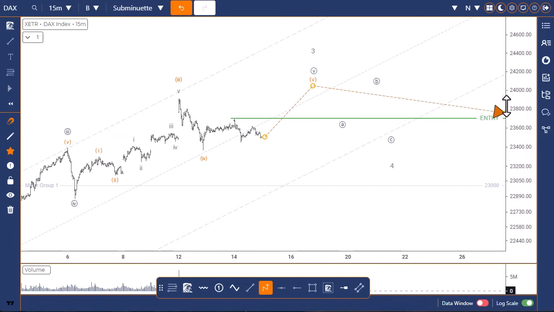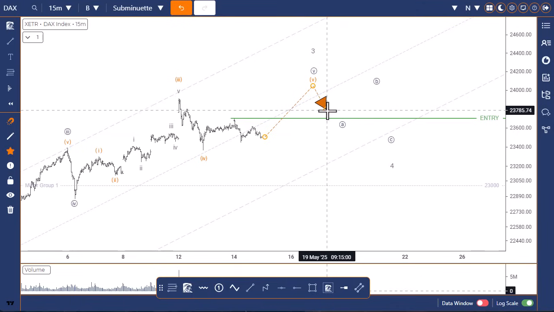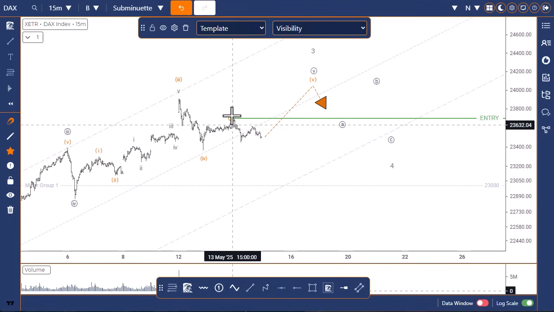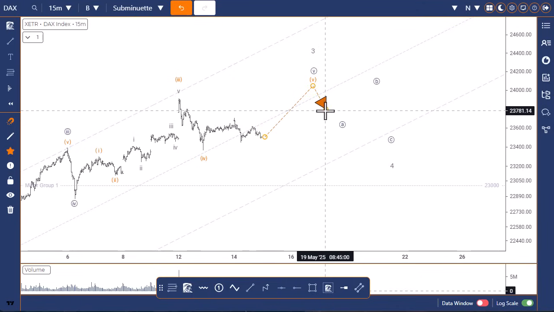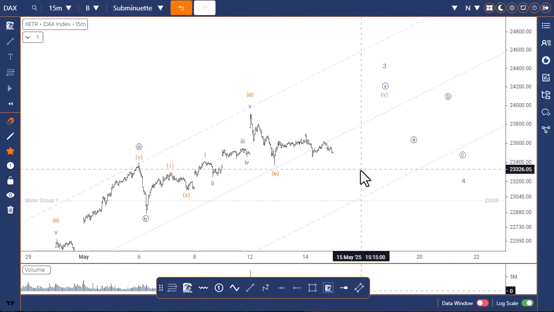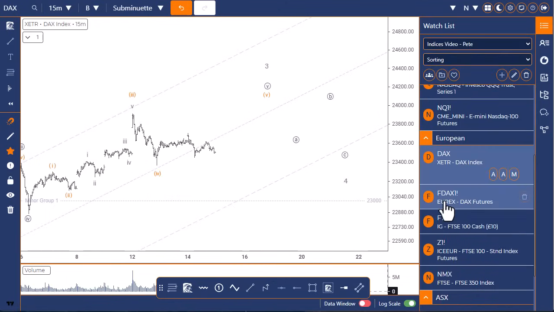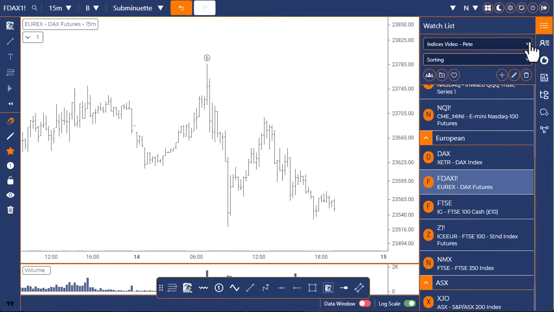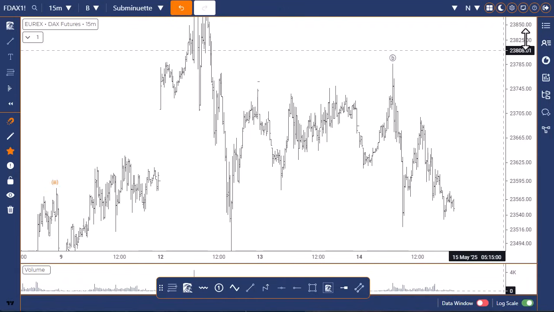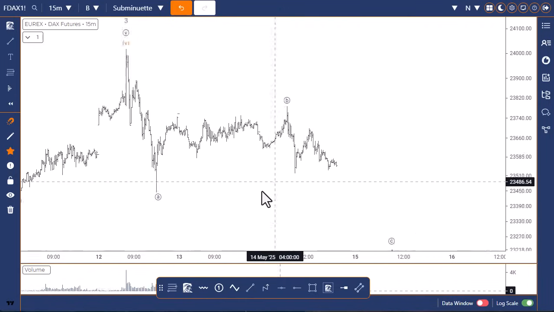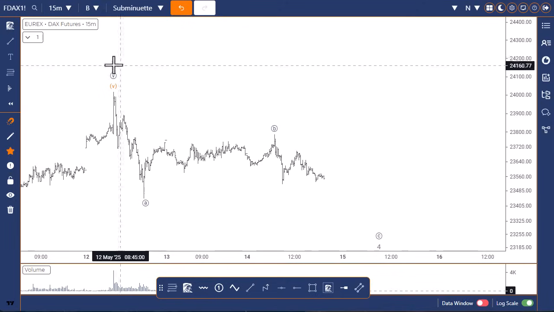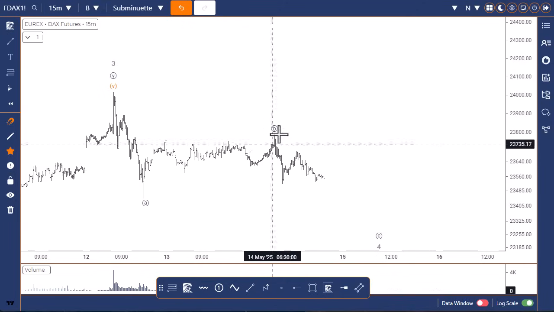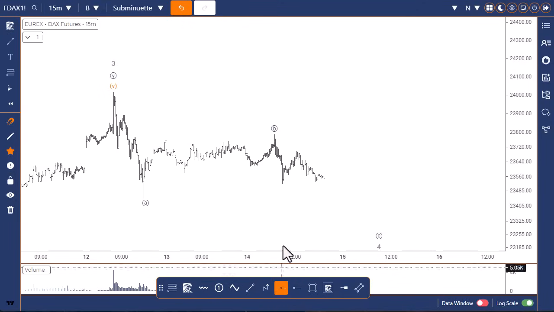Now the 23.8 here, I would be a bit mindful of that. So that's going to really hold the market to that point. So this is one way to look at it. The other way to look at it on the futures market is, if this is just as workable as well, and we'll see. Yesterday we were talking about wave 3 here with the A wave here. We're looking for a B wave here, and we were talking about a particular price point here. I can't remember what it was now,